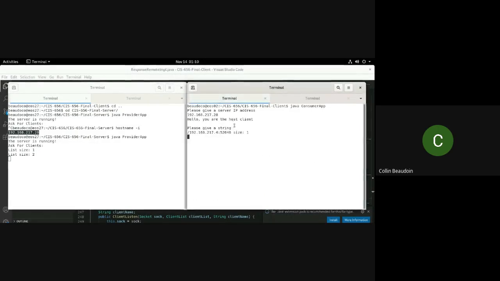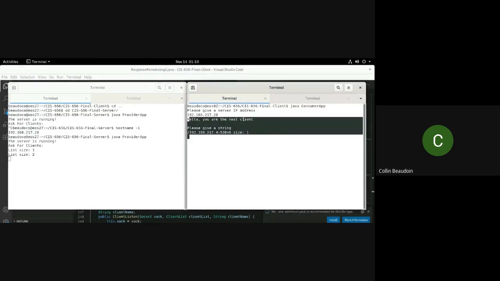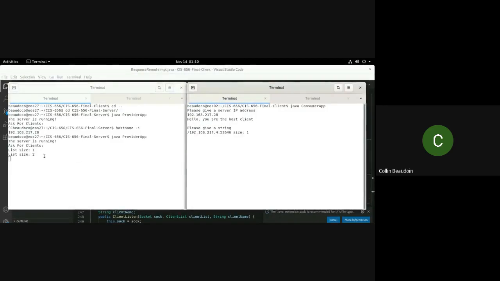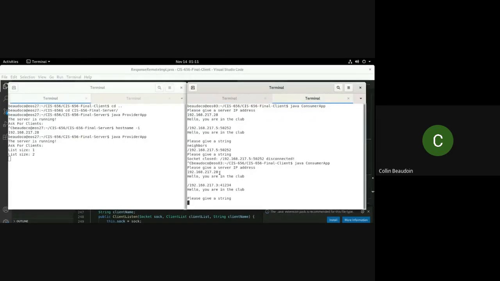So what we see here is this is the creation of the host connection, and this is the server letting us know that a host has been connected. So then what happens here is this sends a request to the server, and the server responds with the IP address. The IP address 0.3